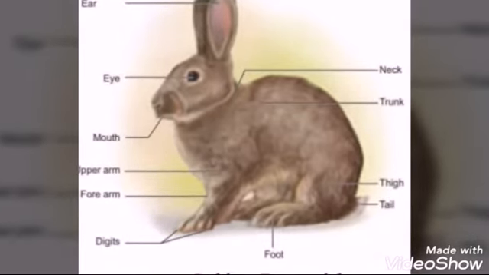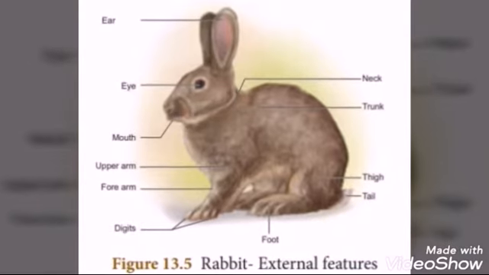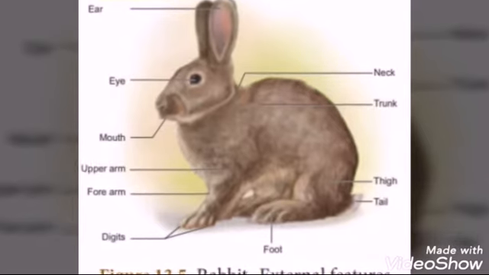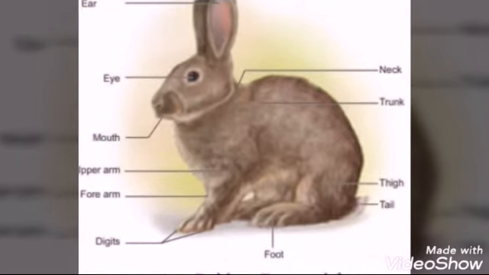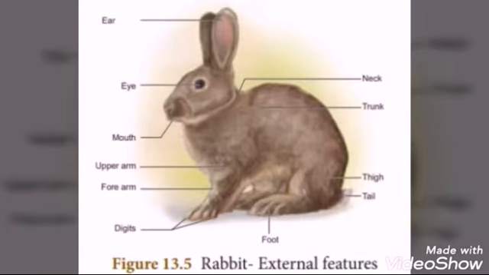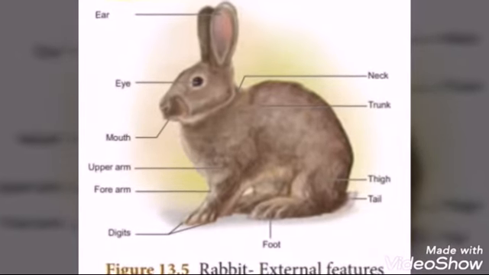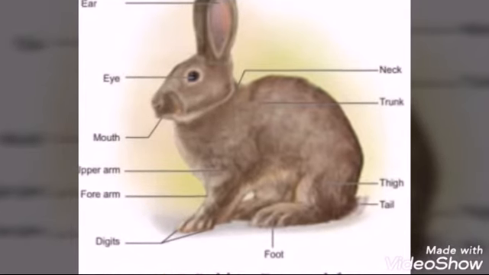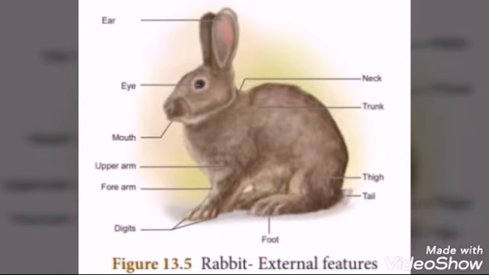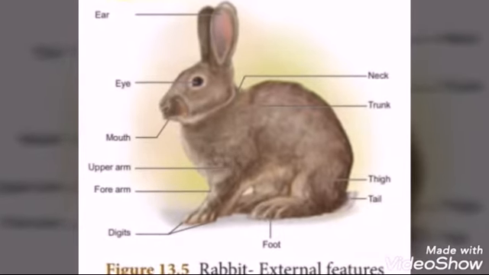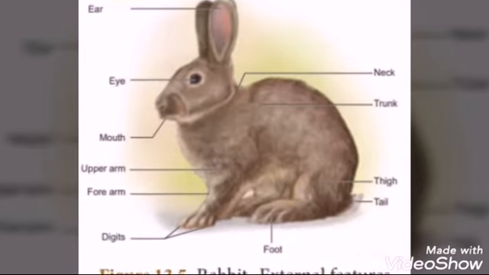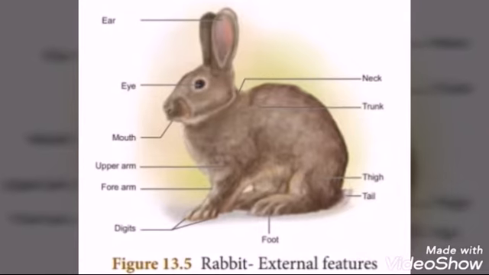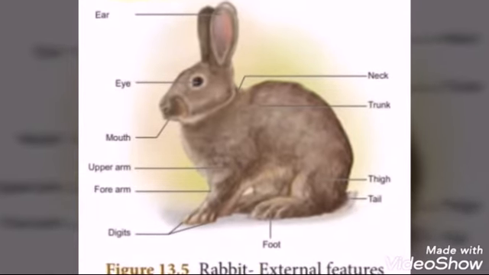It has an elongated and cylindrical body. Male and females are of the same size. In some animals we can identify the male is larger than female or female is larger than male. Some variations are there, but in rabbit both are the same in size. They grow about 45 centimeter in length and weigh about 2.25 kg. The color varies from white to black and white, grey color or sometimes mixed color. Body is covered with fur. So this fur regulates the body temperature.